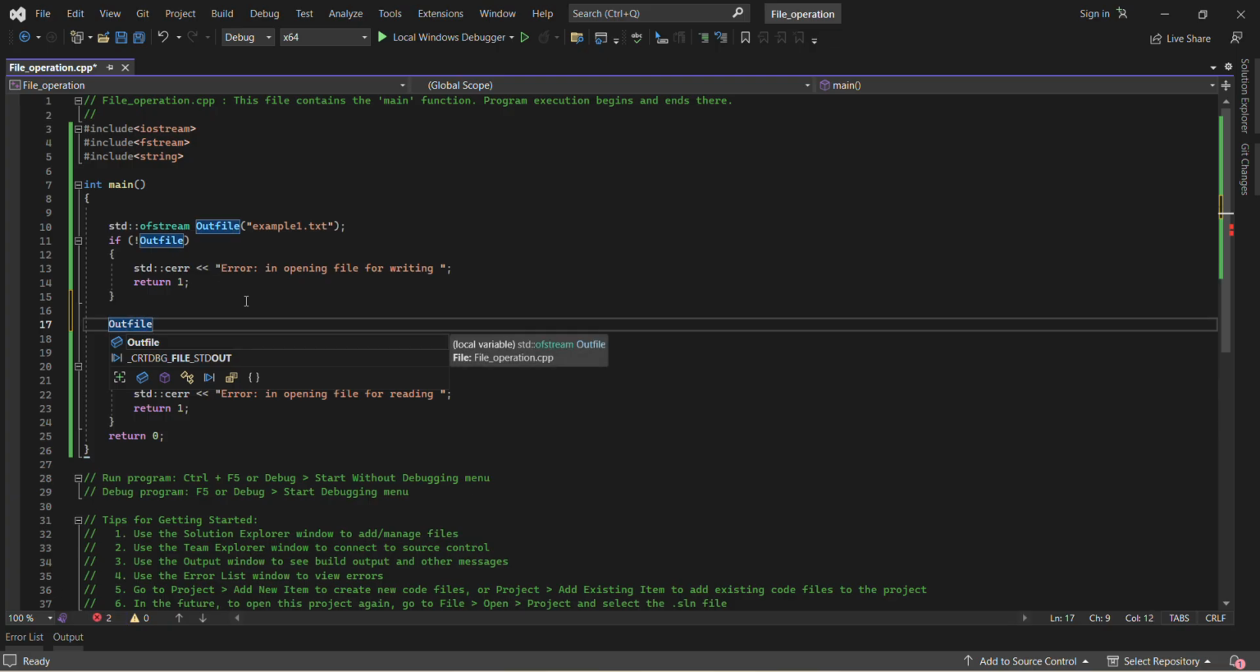I will use this object, so the insertion operator. So I want to write hi. What do I want to write to the file? It depends on us. So I would write hi, welcome to my tutorials, and then next line